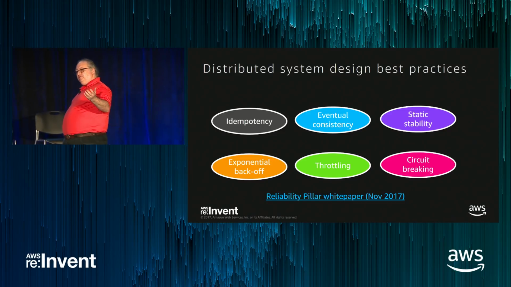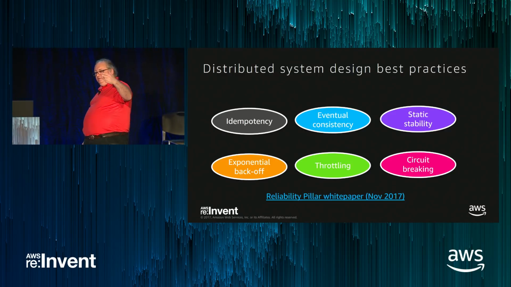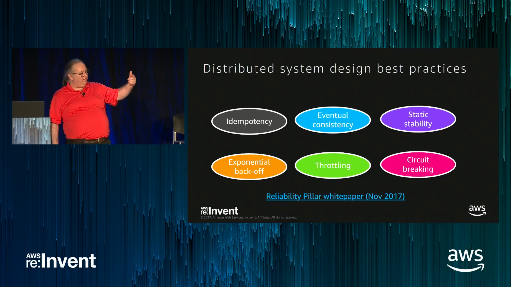I'm presuming you're familiar with this pattern, especially if you're a developer, right? You write, it times out, you wait 10 milliseconds, try again, wait 100 milliseconds, try again, wait 1,000 milliseconds, try again. How far does this go? That depends on your environment and what that application can survive.